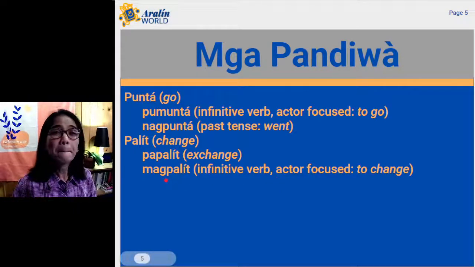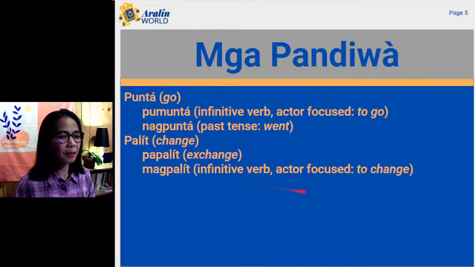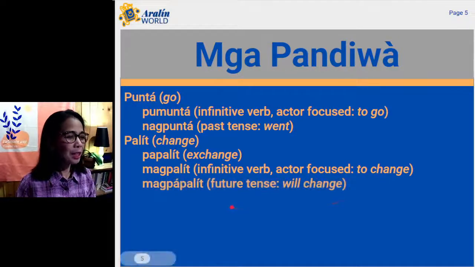Next. Okay, let's have a mag verb with palit. So we have magpalit, and it's infinitive verb. Again, no aspect of time for infinitive. And it's an actor-focused verb. It means to change. To change. Next word,